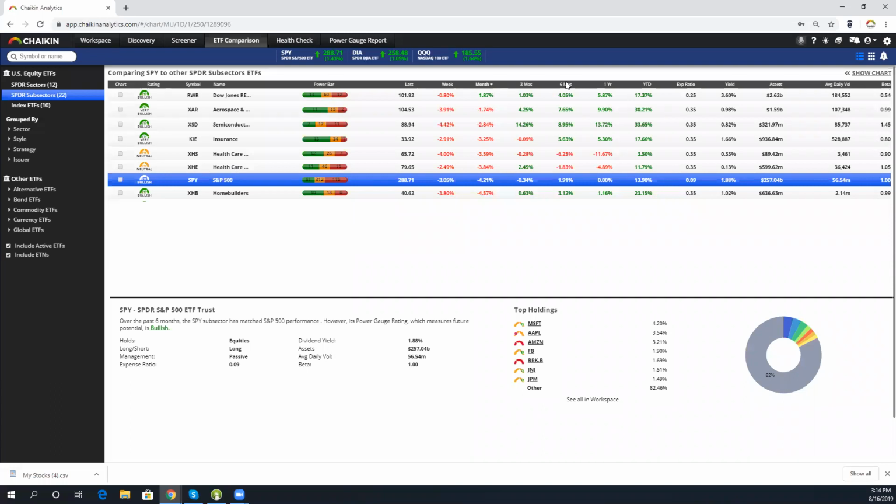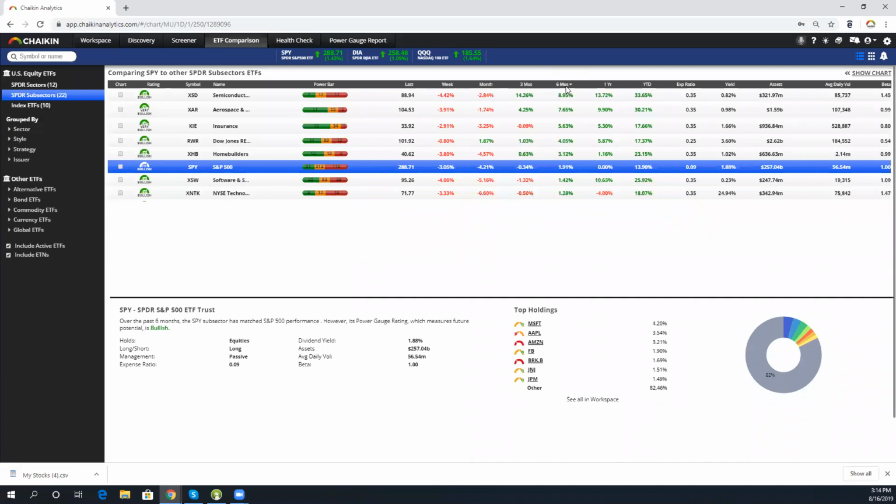Now, if you want to change your analysis to 6 months, you can then see that these numbers all actually changed and were replaced with something else. So this is a great way to compare ETFs. Now, say I've gone through that process and I've come up with a couple of sectors that are outperforming SPY. Well, the first thing I want to do is find strong stocks